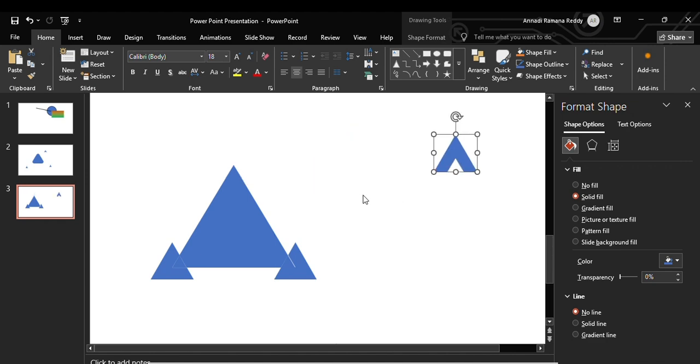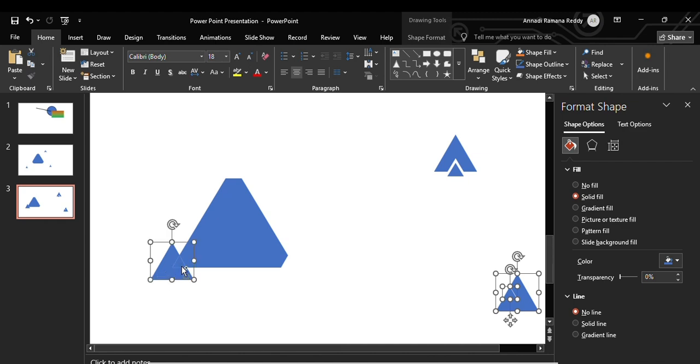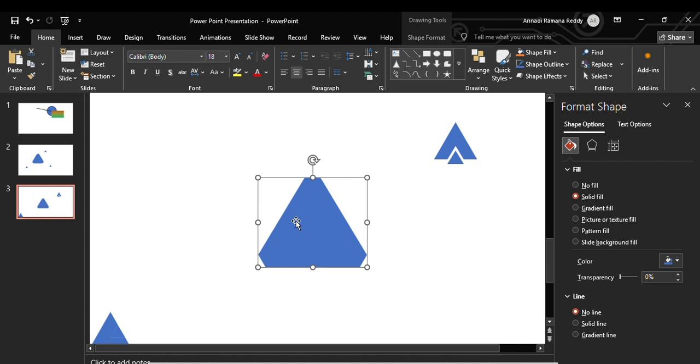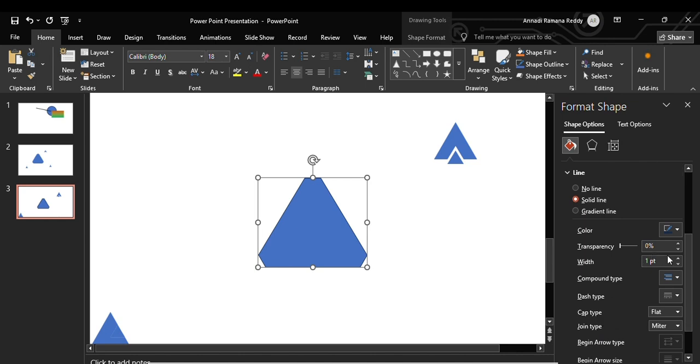I'm removing now the divided shapes. Now I have removed the shapes and I got a chamfered triangle. This is how we chamfer or fillet any acute angled or right angled vertices